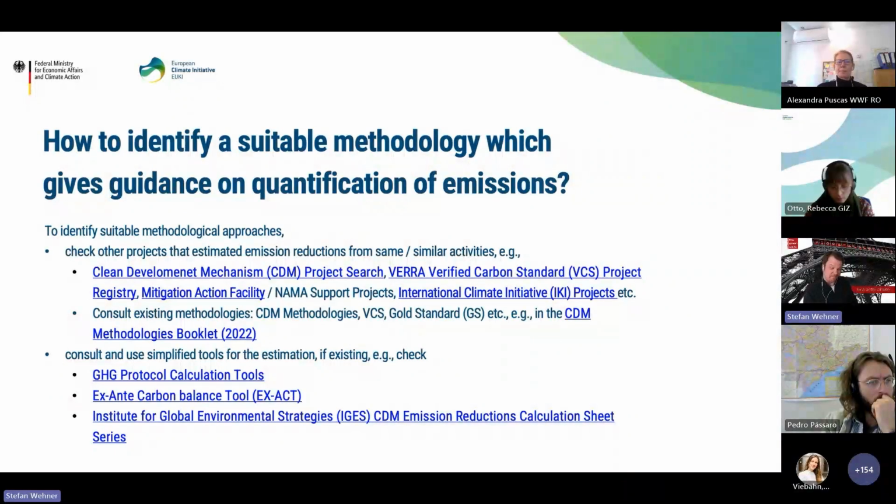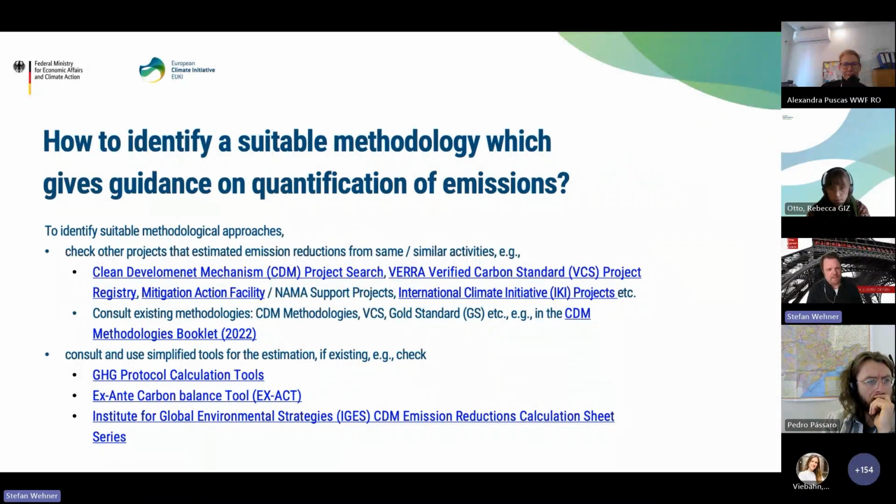As I said, these come from a carbon market perspective, so very strict, but you could look at them rather as guidance and follow them. It's not a need to fully comply with, for example, all the reporting requirements. But beside the CDM, there are other standards like voluntary standards, the Verified Carbon Standard, VCS, which develop voluntary projects, but also following